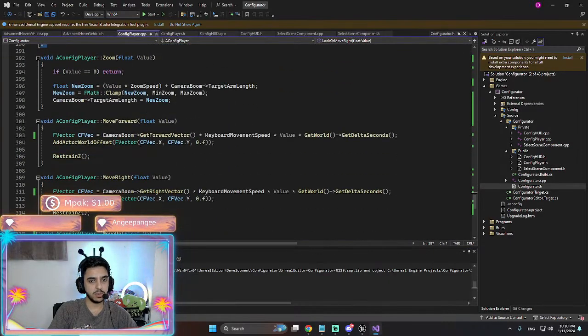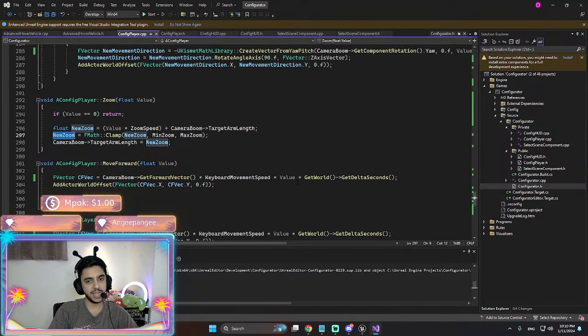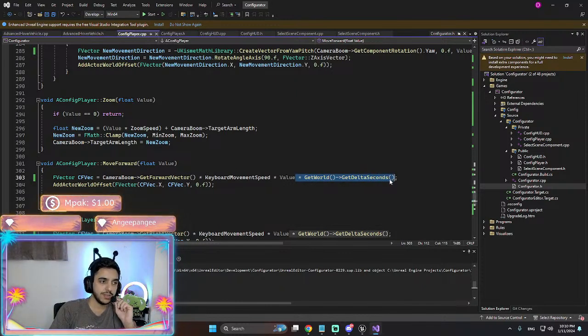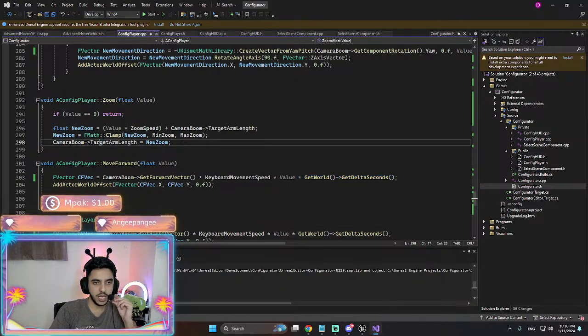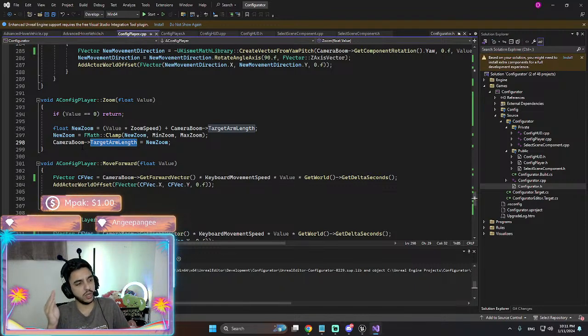So we had camera movements. This is a zoom. Zoom doesn't need it for sure, but we can even add it to that. No, we don't need it because we are just setting the target arm length.